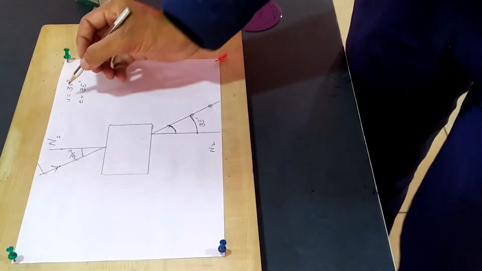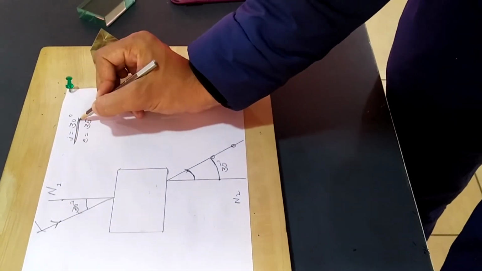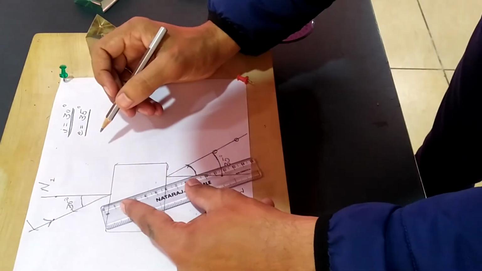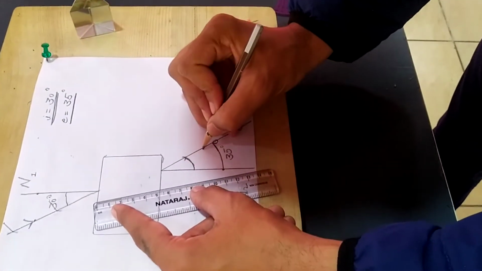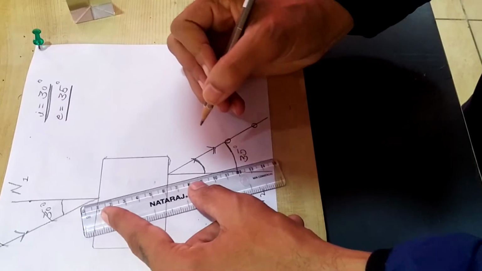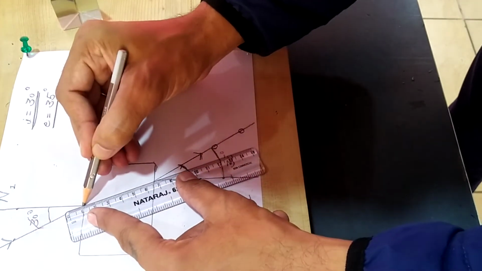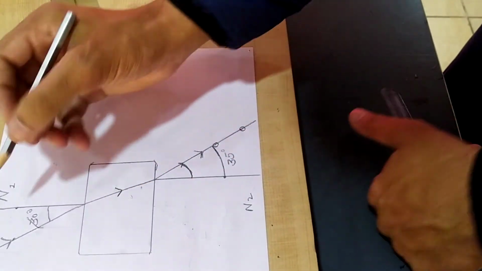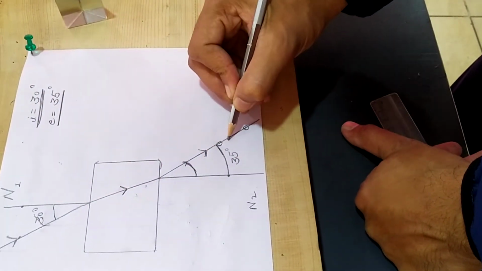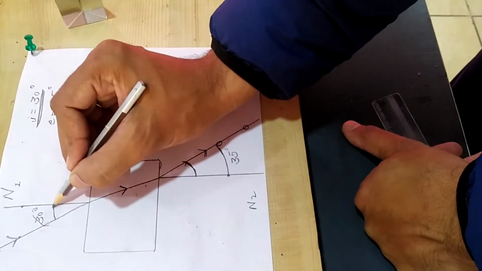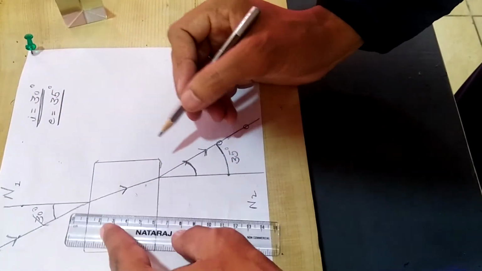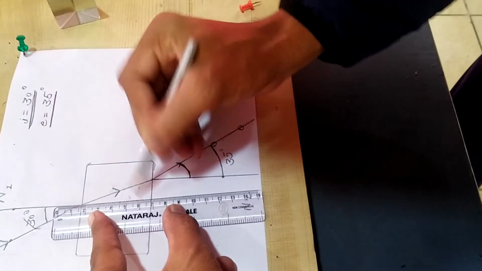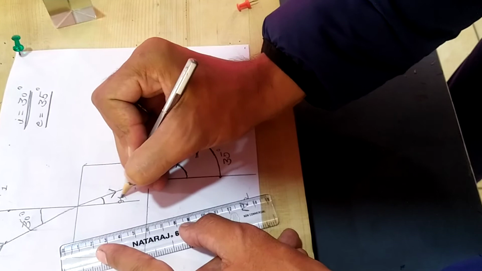Now for an angle of incidence of 30 degree, the angle of emergence you have calculated is 35. Now you can join these. This is your emergent ray. Now you can join your emergent ray and incident ray in order to get your refracted ray. So this is your refracted ray: incident ray, refracted ray, emergent ray. Normal, normal. Angle of incidence, angle of emergence, and if you extrapolate this normal, you will get your angle of refraction as well. So you can calculate this angle of refraction as well.